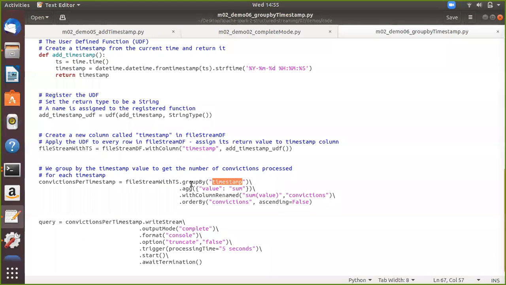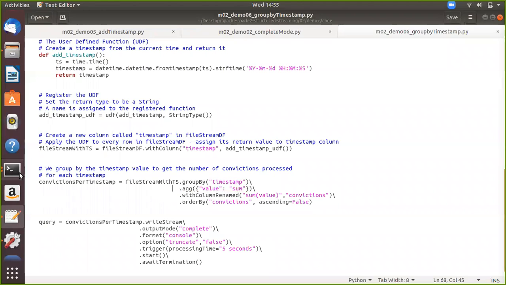So on this data set, I am adding a group by operation on the timestamp column and doing the aggregation for the conviction value. For the aggregation purpose, I am doing a sum, because we need to do the sum here, right? So to find the sum, we need to do dot aggregate of which column, value colon sum. So value on the column in the sum, and finding it out using an aggregate function.